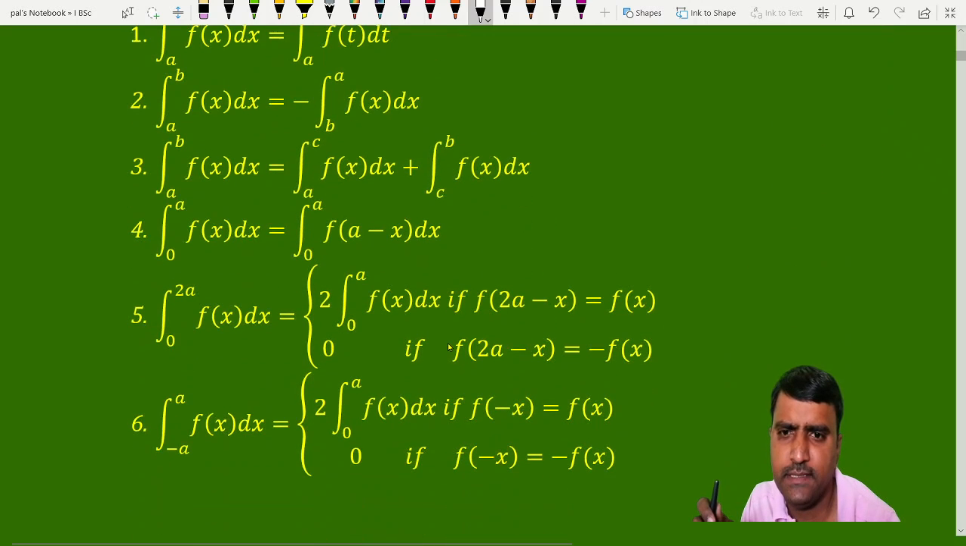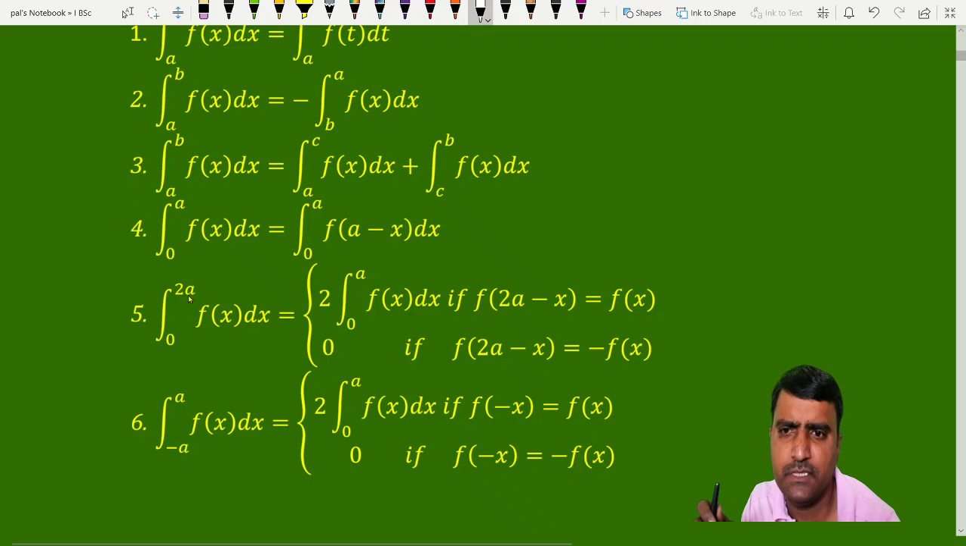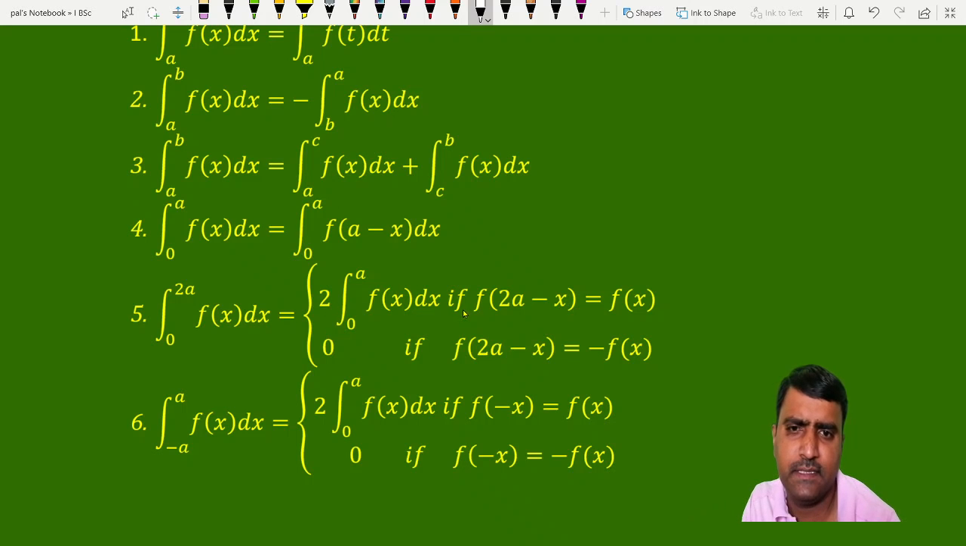Yes, in the properties I discussed, integration from 0 to 2a, it is the fifth property. Integration from 0 to 2a of f of x dx is equal to 2 into integration from 0 to a of f of x dx if f of 2a minus x is equal to f of x. And if f of 2a minus x is minus f of x, then its value can be written as 0. Here also I am using the same property. Okay, so now we have,